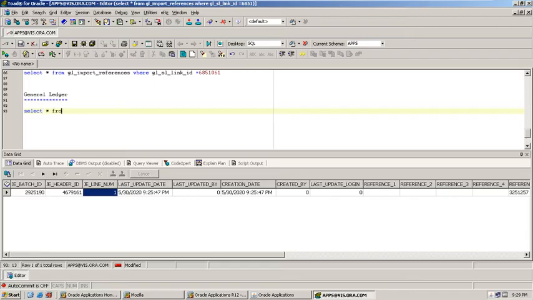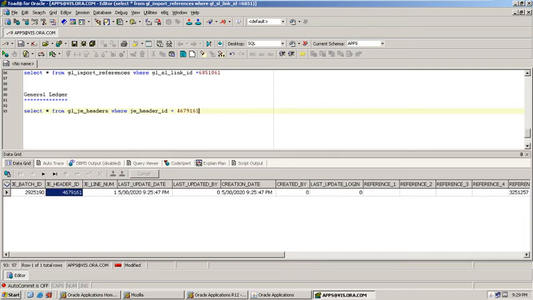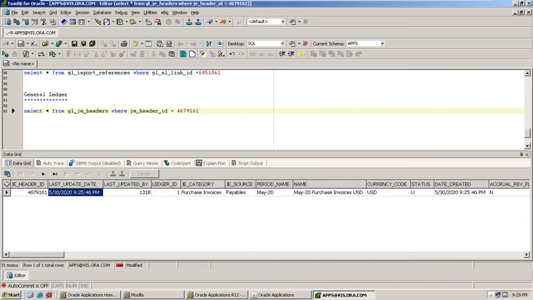Select * from GL_JE_HEADERS where JE_HEADER_ID equals this.